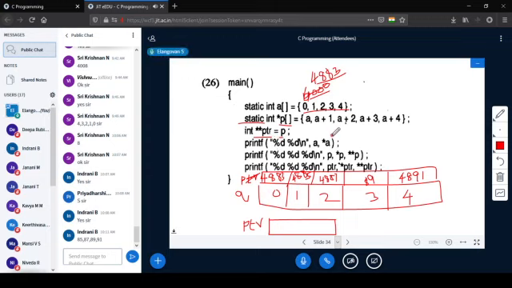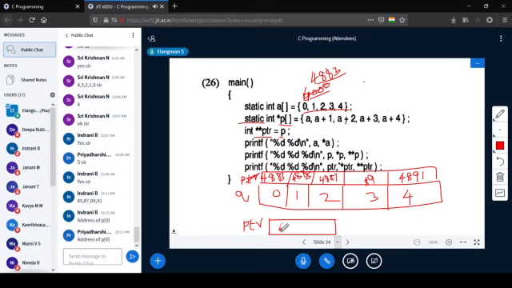P can be expanded, being an array, as address of P of 0. Yes, address of P of 0, that is 4883, is an address, and which is stored in some other address.